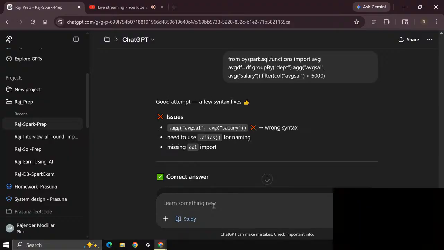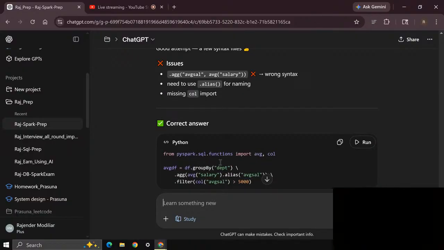Issues with your syntax: aggregate avg_sal, average sal, wrong syntax. Need to use alias for renaming. Missing column import; we need to import column as well.